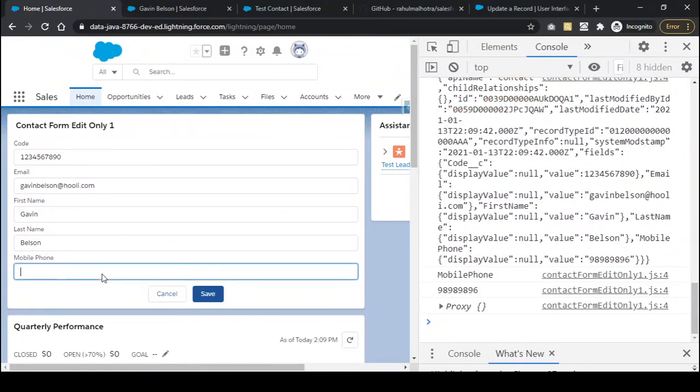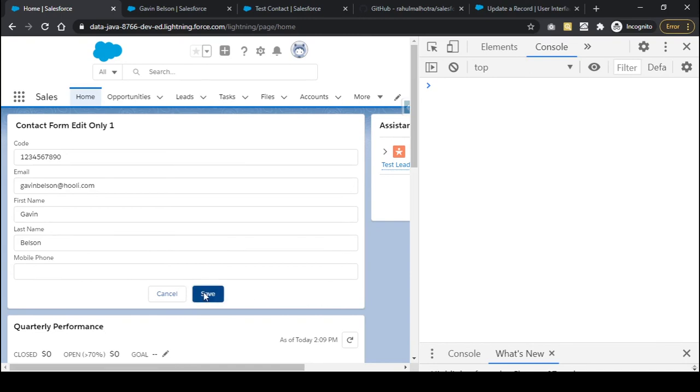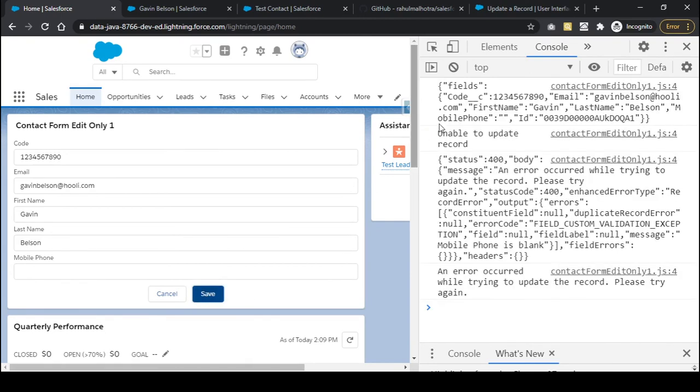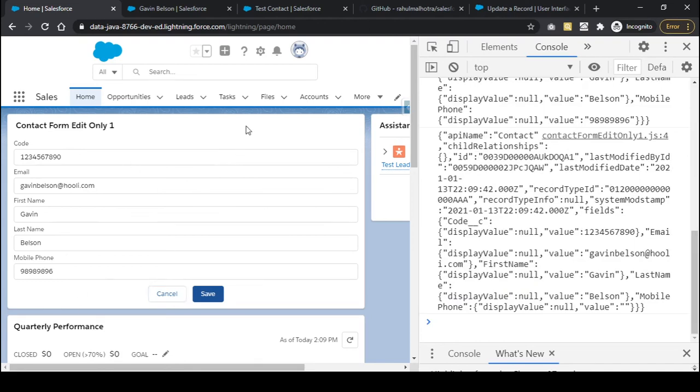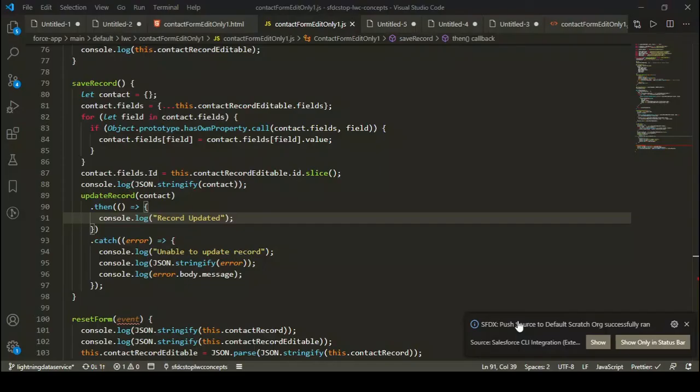Okay, so I'm just going to remove this field or make it blank, and then I'm going to save it again. So here you can see now I'm getting an error, unable to update record, and I'm getting the whole error as well. And the error message is nothing but an error occurred while trying to update the record. Please try again. And my form is also perfect, so it is not distorted this time. Okay, so I can click on the cancel button and will restore it to its older state. Yeah, so the issue was regarding making the copy of the field.